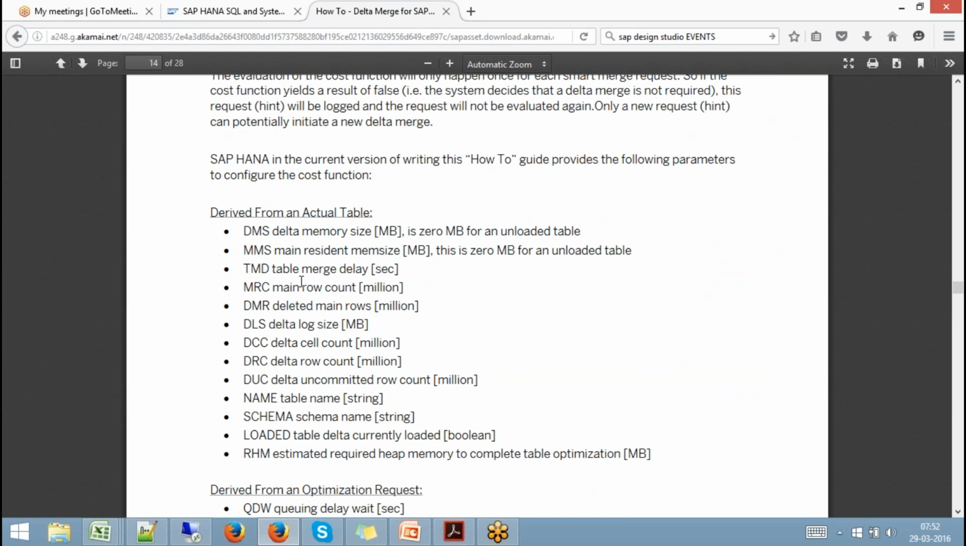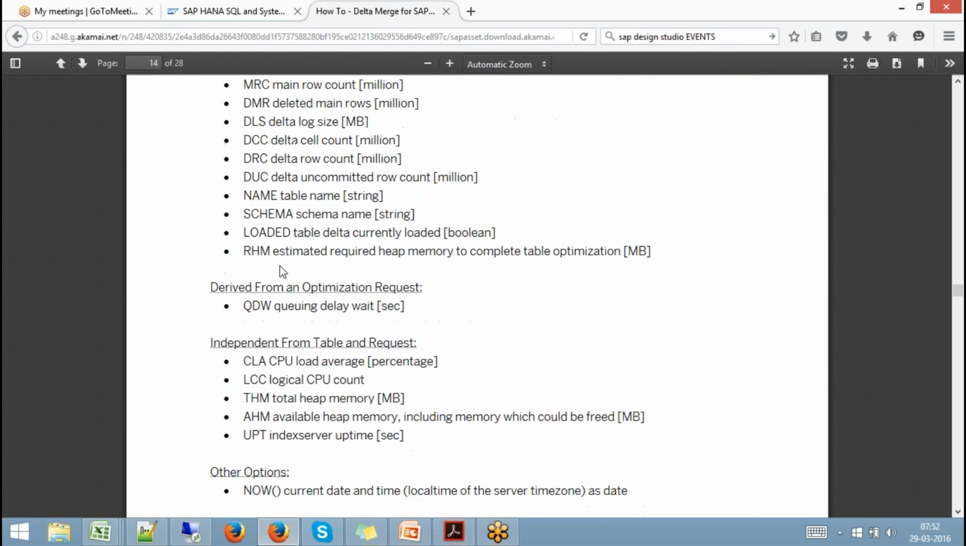See, in the decision function there are a lot of abbreviations like DMS, DCC, all this. You can understand: DMS is Delta Memory Storage, MRS is Main Resident Storage, and table merge delay. You can get to see this. This is not your concern, but